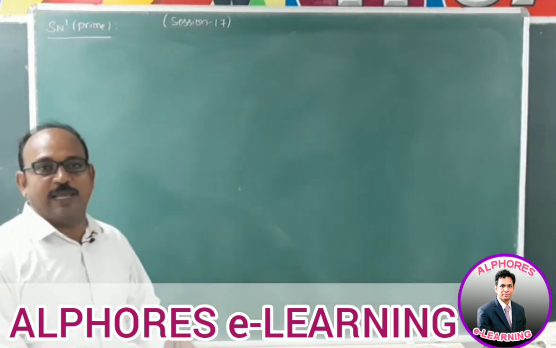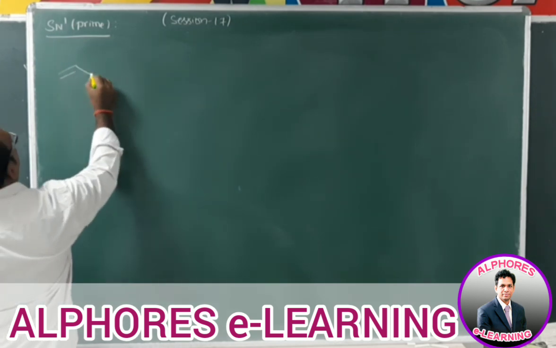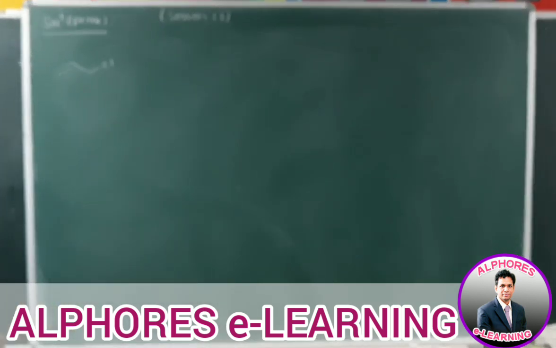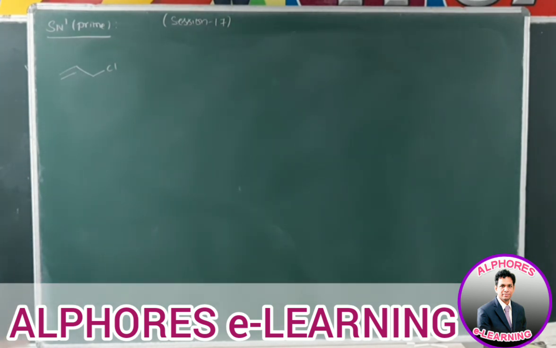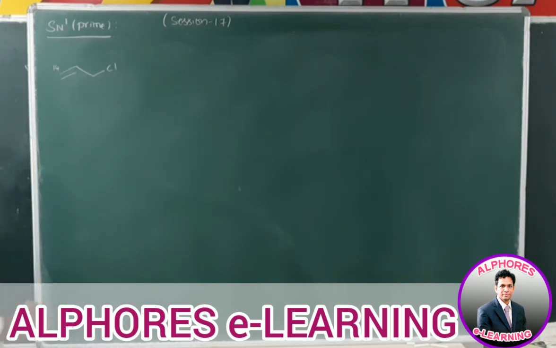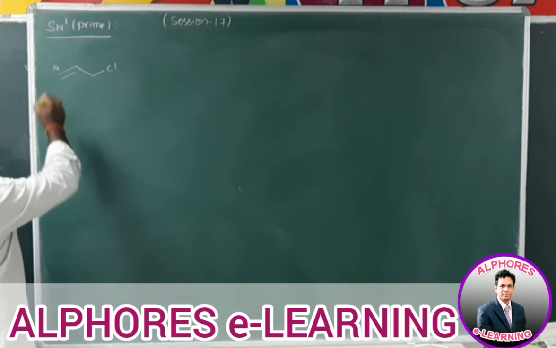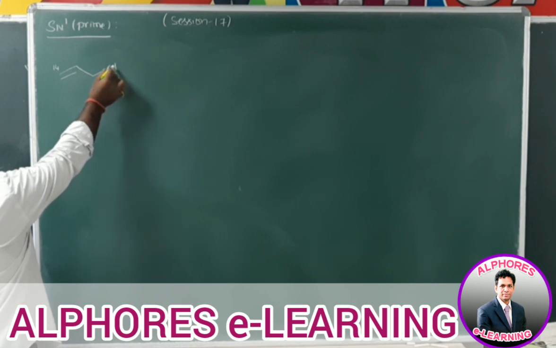Just like SN2 prime, SN1 prime is also there, but this one is not that familiar. Same allyl halide. By considering allyl chloride, when we provide nucleophilic substitution SN2 conditions, as we mentioned, there are two possibilities: attack of the nucleophile upon this carbon or upon this carbon. That we can distinguish by using a C14 isotope. Now let us consider the same example, allyl chloride, in which one of the carbons is C14.